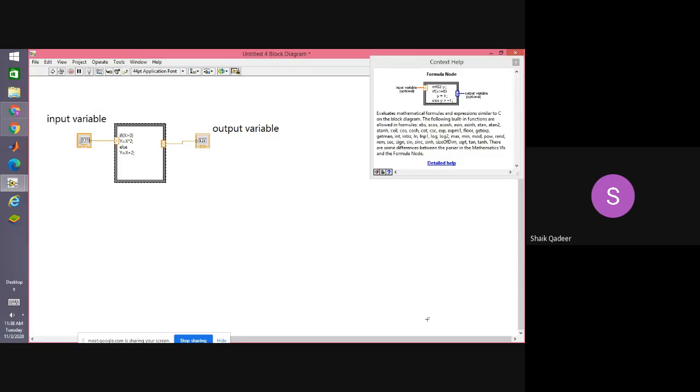In that case, LabVIEW becomes dependent on other software. So in order to avoid this type of problem, LabVIEW inherited a feature called formula node. With the help of formula node, we can evaluate mathematical formulas and expressions similar to C programming on block diagram.